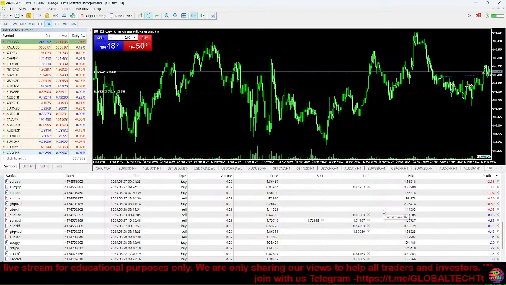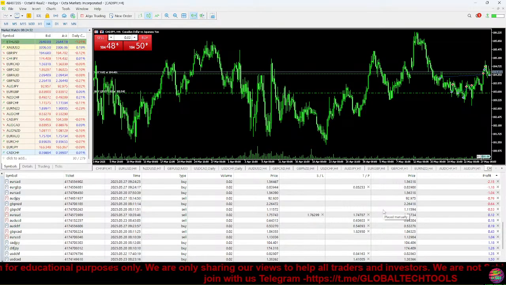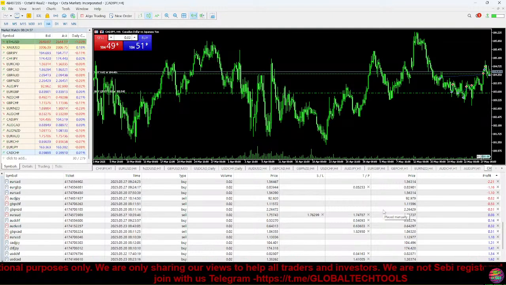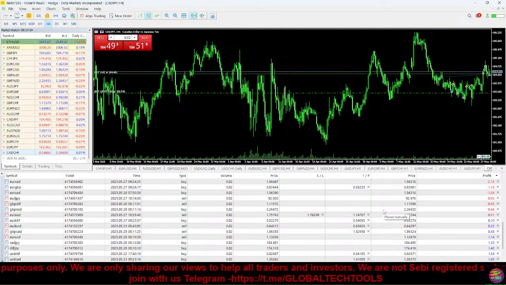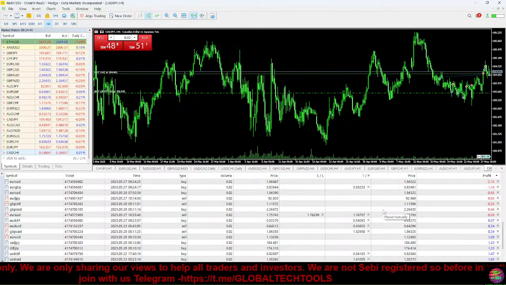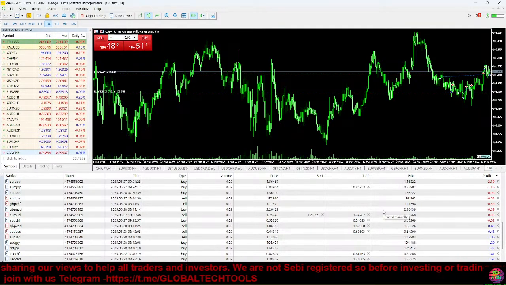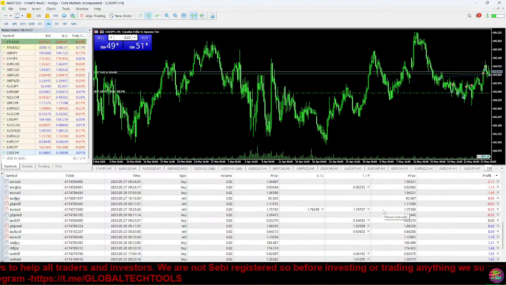Moving on, this is going to be the hide all drawings. This will be a button that I use frequently when I have a lot of stuff in front of my charts. Let's say your charts are a little bit accumulated and clogged up, and you want to clear it up just for a second. You can just click this button and it will clear it up, and you click it again and it brings all of your indications on the charts back. So again, you can simply click it and it will hide your trades and tools and then bring them back whenever you need it. We don't really use it, but it's good to know what it is.